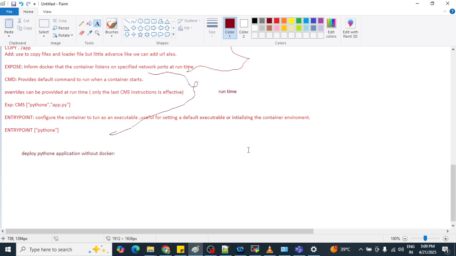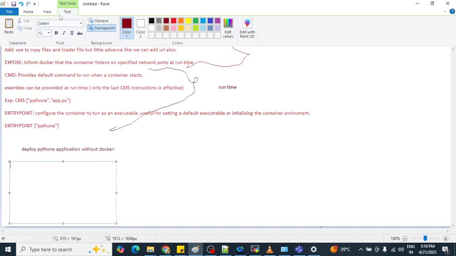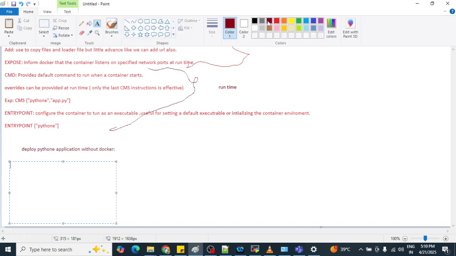So suppose you need to deploy any application, how are you going to deploy? For that, what are the requirements? We need to create EC2, right? We need to create the repository. We need to install Python also. We need to install dependencies. Okay, let me write it here also. What are the things required? So we require, first of all, create. Let me change the color also.